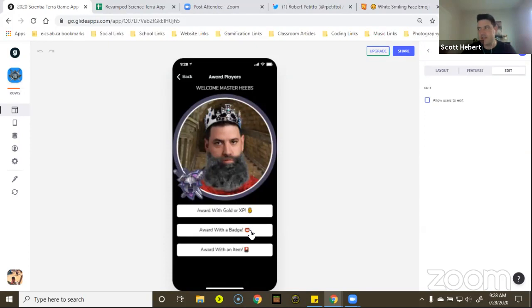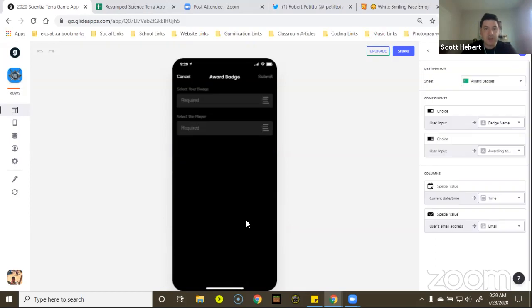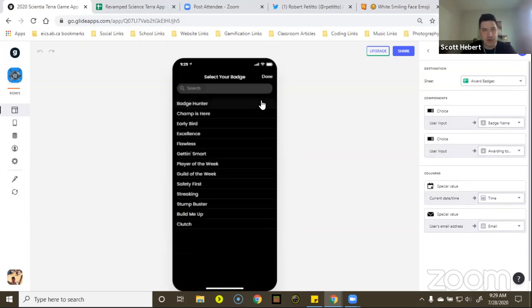Next, I've been very inconsistent with badges because I forget to make them. I forget to print the little custom stickers. I forget to do all kinds of stuff because teachers, right? And now we've got COVID going on. So I figured out a way to award badges. So you can pick a badge. So here are my badges.